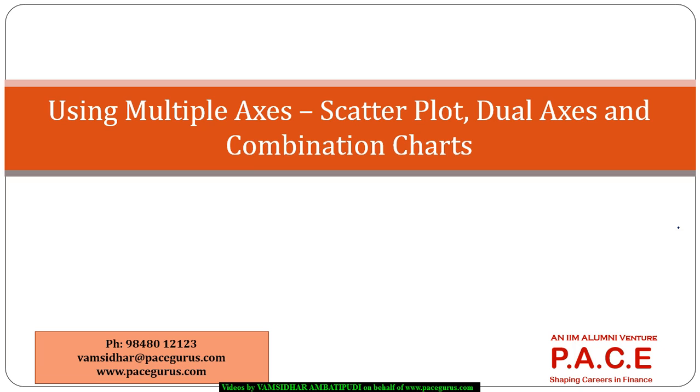In this session, we are going to talk about the charts which actually make use of multiple axes. Some of the charts that fall into this category are the scatter plot, the dual axis charts, and an extension of the dual axis charts, which is the combination chart, wherein I'm using more than one axis to compare the different measures. So I'm using two axes to compare different measures, and some important aspects relating to understanding the correlation